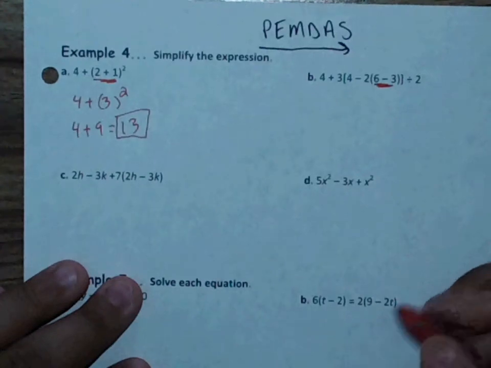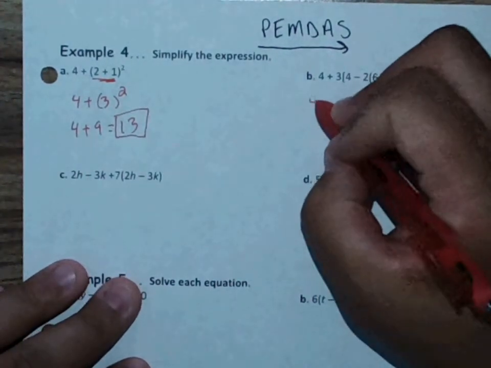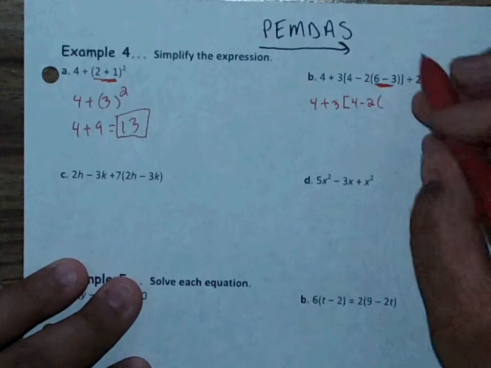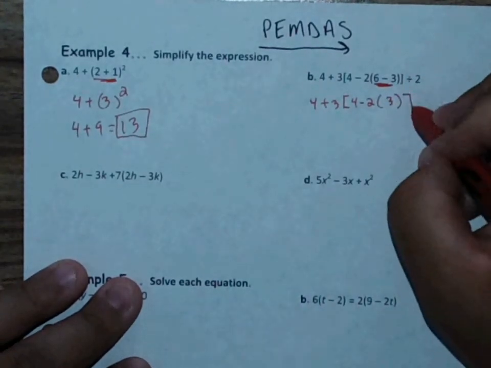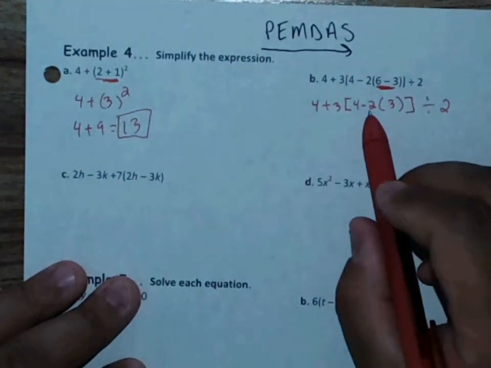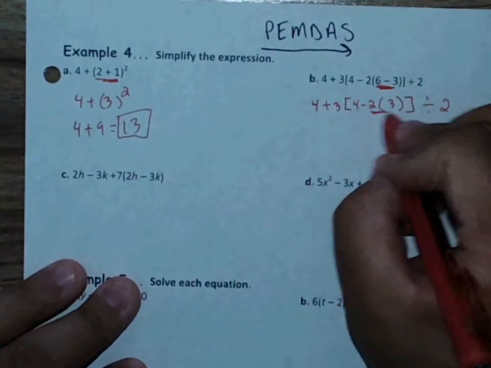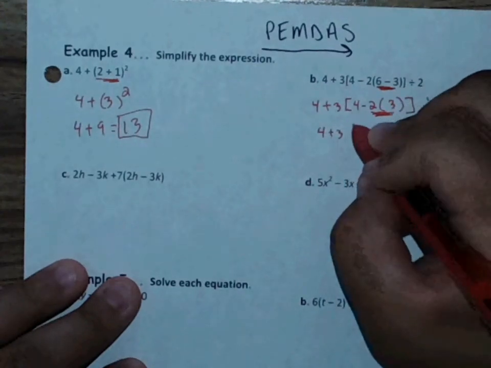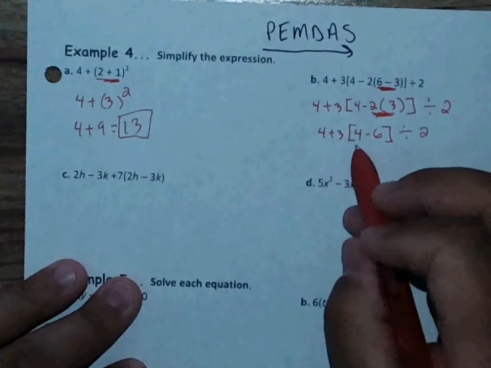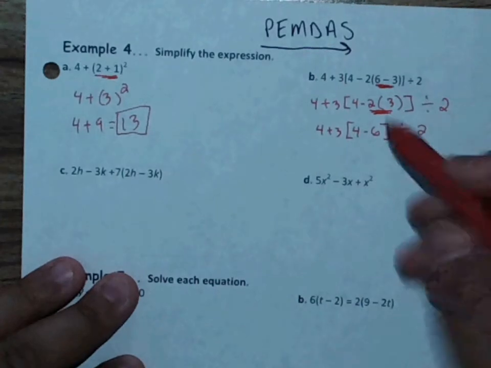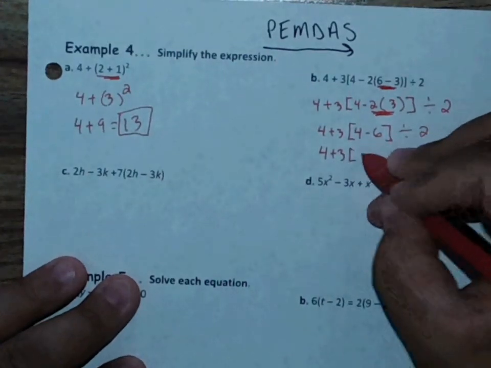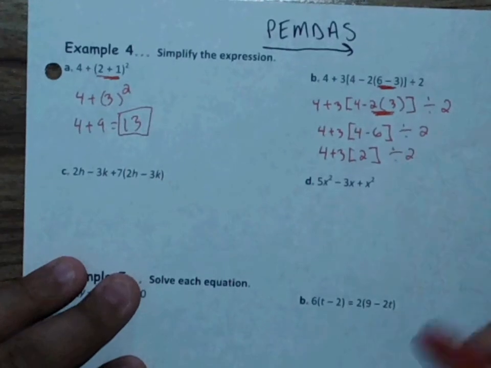So if we start from the inside, I've got 4 plus 3, and then 4 minus 2, and then 6 minus 3 is 3, and then close our bracket, and then all of that is going to be divided by 2, and then 2 times 3 is 6, doing this part right here, 4 plus 3, open bracket, 4 minus 6, close bracket, divided by 2, and then we're still staying inside of the brackets, which is serving as parentheses in this case. 4 minus 6, so 4 plus 3, 4 minus 6 is 2, divided by 2. So I took care of this part next,